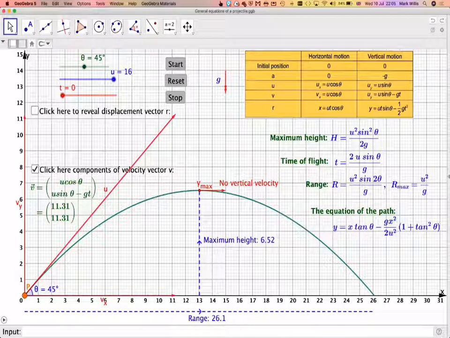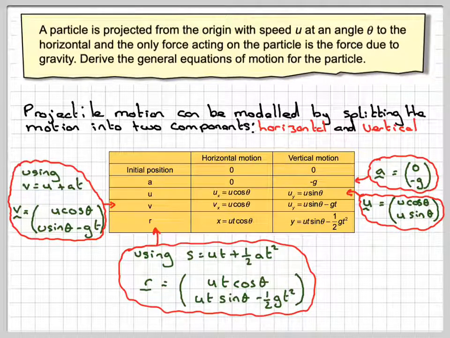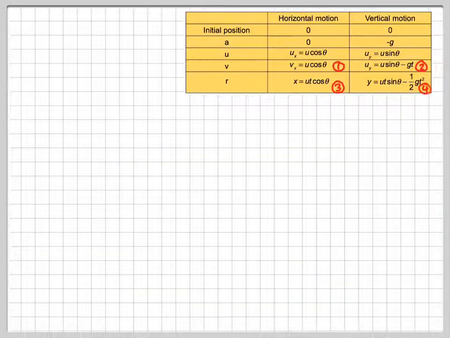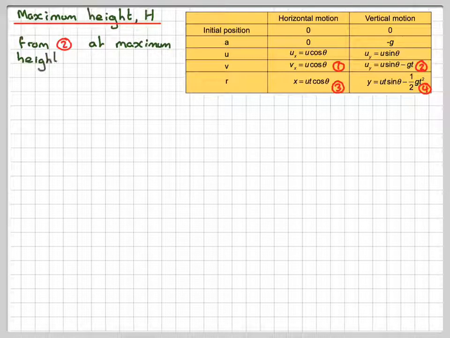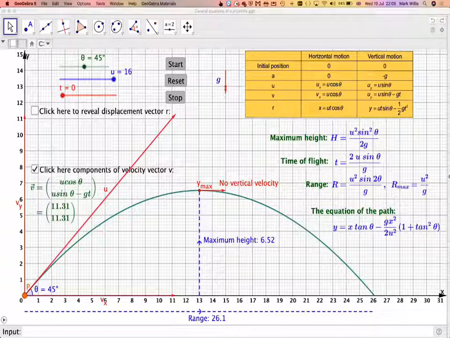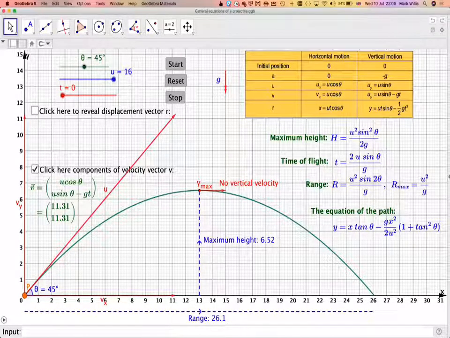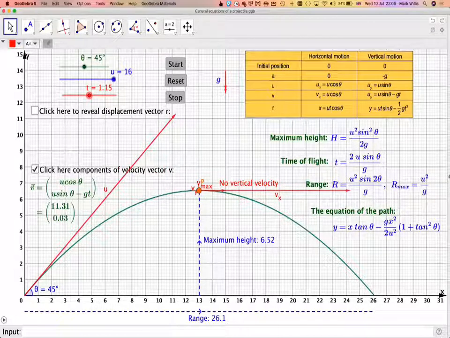Here, this is the initial speed that the particle leaves at. Carrying on now, so that's r. If we label these 1, 2, 3, 4, the maximum height from equation 2 will occur when this velocity here is equal to 0. So if we just look at that, and if we put that there,